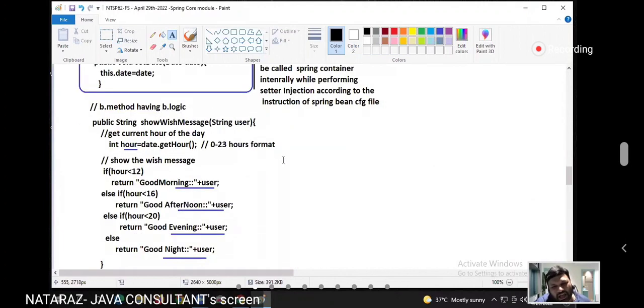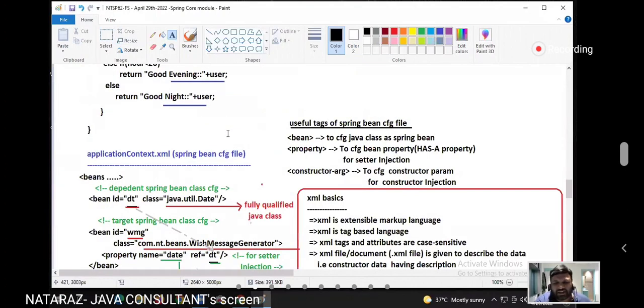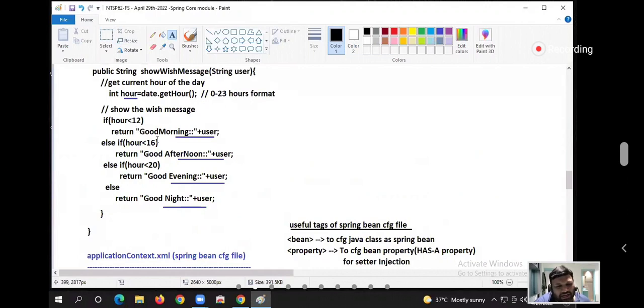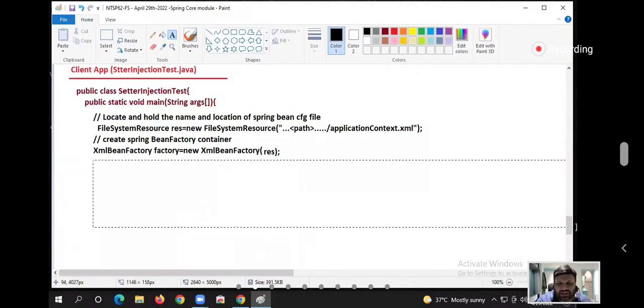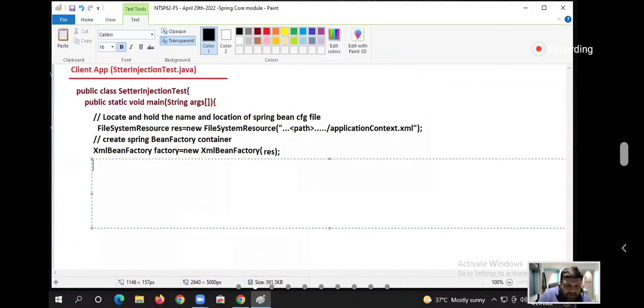Say something, my dear. Be active. There is no need of asking for the dependent class object separately, guys. If you ask for the target class object, the dependent class object will anyhow be injected inside it and will come. Super, guys.